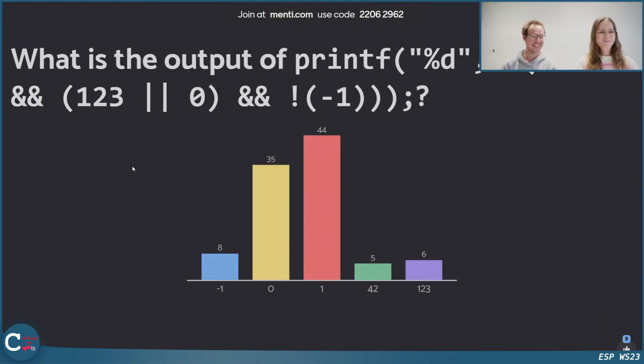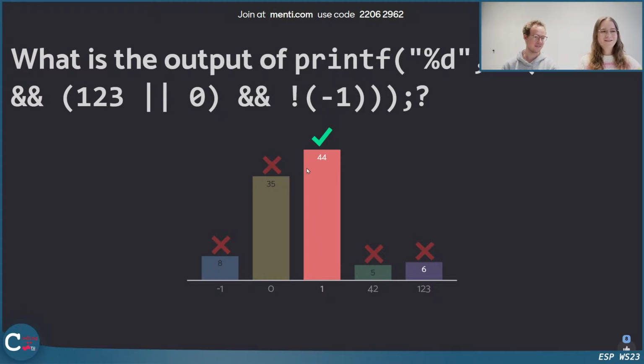Okay. So I think at least most of you realize that if you have a not here, the value has to be 0 or 1. But if you evaluate all of this, you have here not -1. So -1 is a true value. So we have something that's false, and because we have just ands here, this whole expression is false, and we have a not before, so we have a 1. Okay, yeah. So it's true. I hope that was clear.